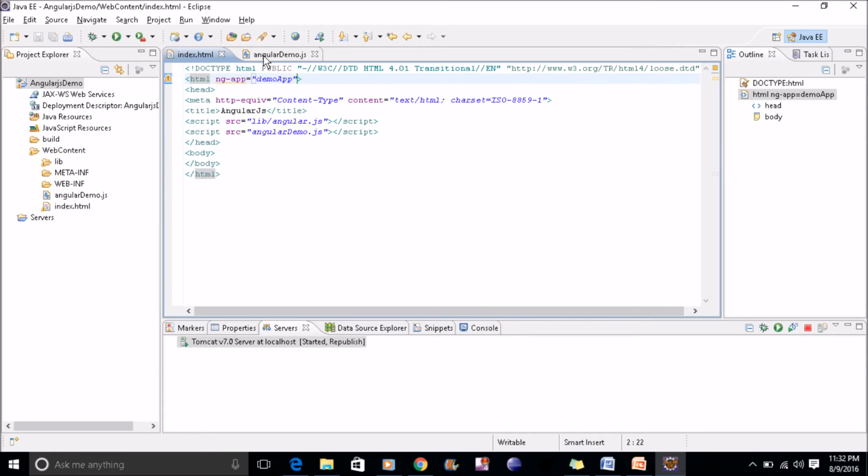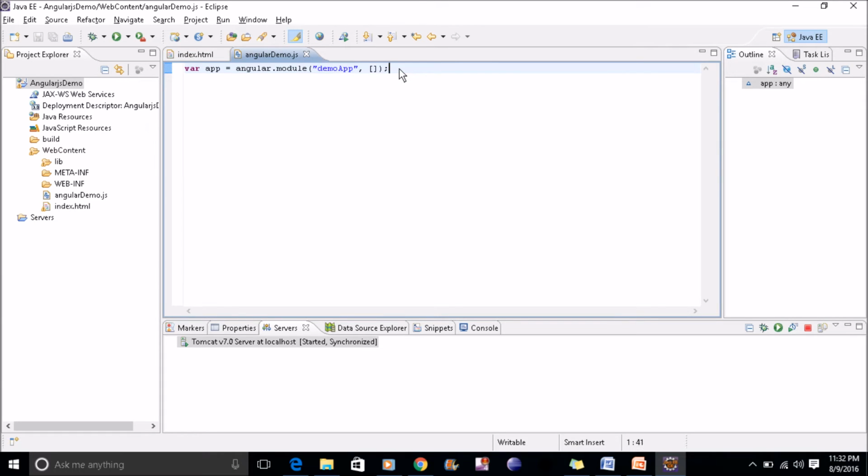Okay, this is done. Now I'll create the controller. See the dependencies, I am not keeping any dependency here, so only one module will work here. So app.controller I'll create now, and the name of the controller, demo control, and function scope.